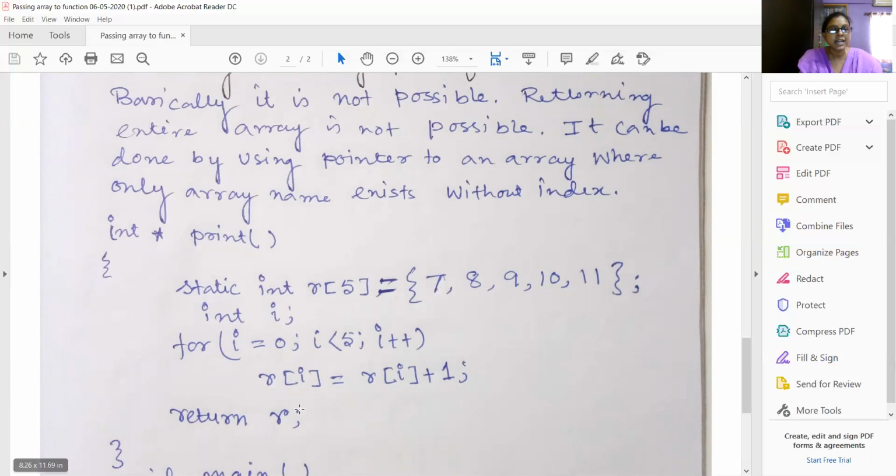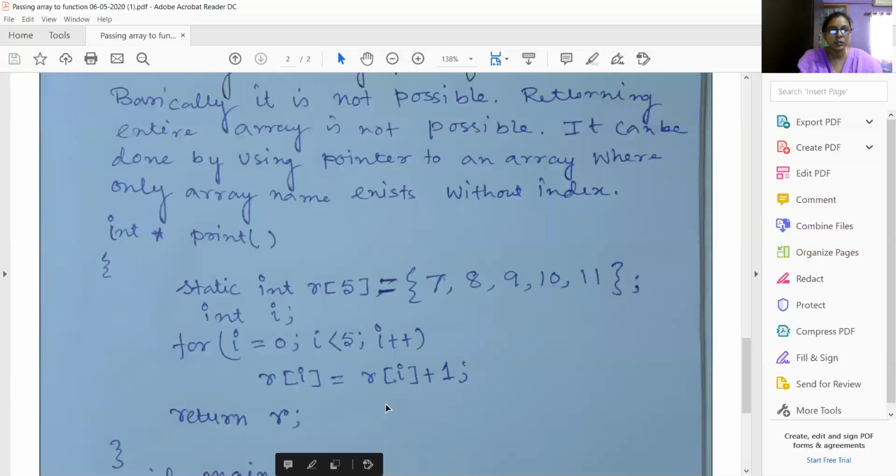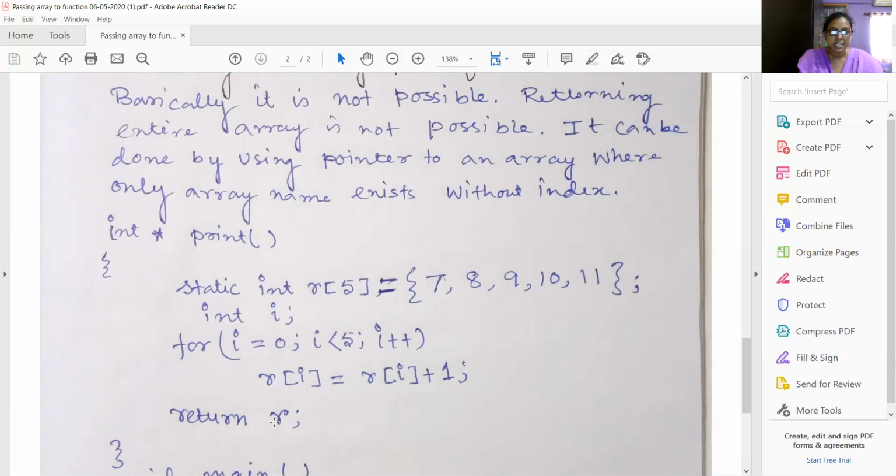Then I have returned r, the name. You are familiar with this fact: if I return only the array name, then the base address will be returned, and since r is an integer type of array, this is an integer type of pointer. So this is matching, and of course this should be the same.